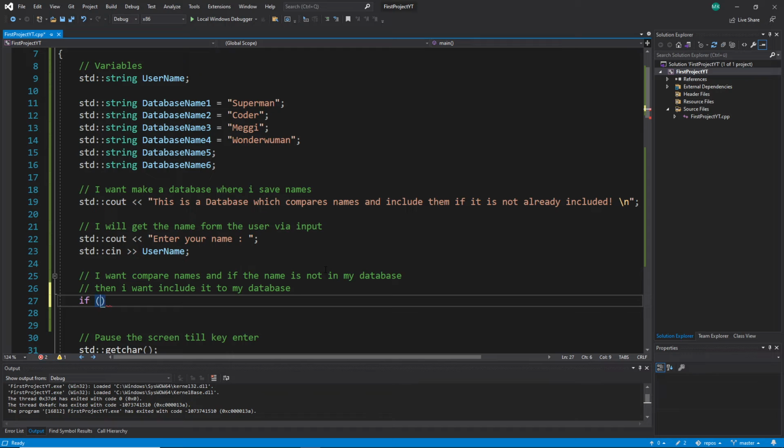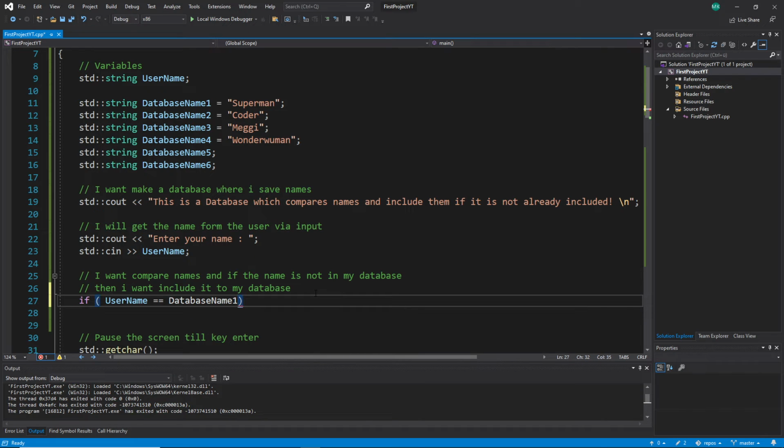If, and then I write this comparison. Let's write our first condition. Let's say username, this one which I will get, is, then I have to compare it with all the other ones. That means a lot of work, but let's start. We have to write it really manually to learn it a little bit. Later there will again come a keyword which makes life easier. But right now I have to compare it with all the words which I have here in my database. So we may compare is equal and then